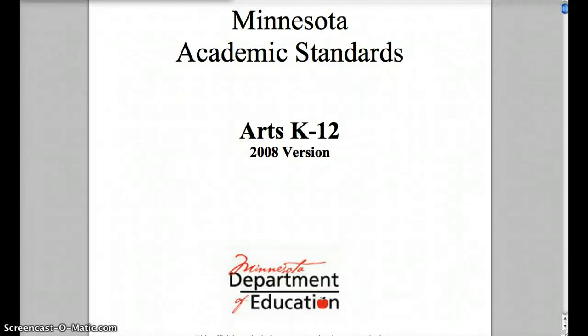When planning our common assessments, the first step that we made was to look at our Minnesota state standards. From there, we went down to our middle school, 6 through 8. The state standards are represented in chunks like that, so we looked at all of the standards for our middle school kids and decided what would be most appropriate in 6th grade, 7th grade, and 8th grade.